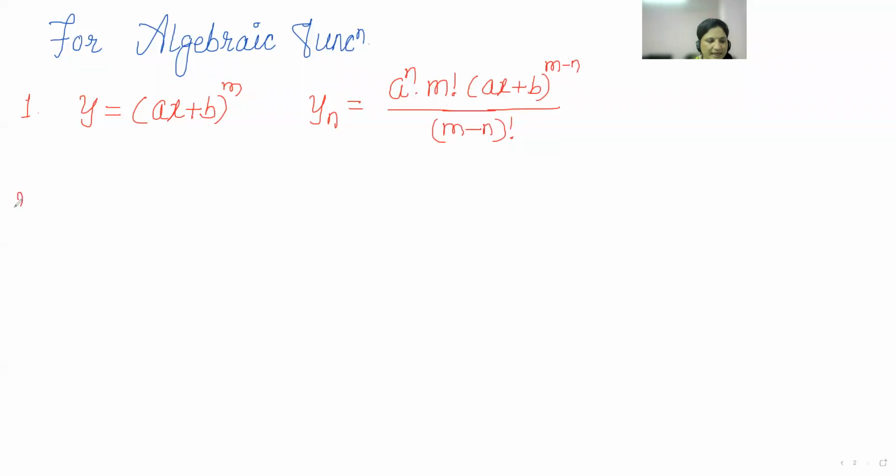Okay, then the second formula we are generally using: 1 upon (ax plus b) raised to m, then its nth order derivative is equal to minus 1 raised to n into n factorial, into